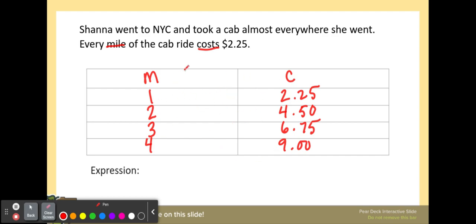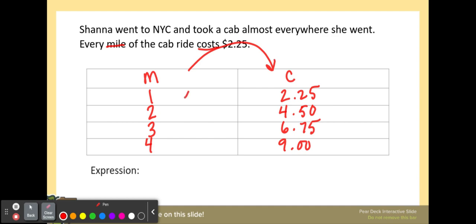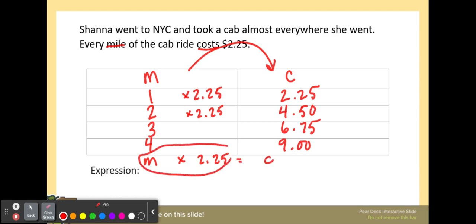Now I'm figuring out how I'm getting from miles to cost. I could be multiplying by $2.25, and that's going to work for all of them. So I'm doing miles times $2.25 is going to equal the cost. So this here is my expression. So really today what we did was we worked on our tables again, converting them to an expression, because in the past lesson we talked about how to input a letter or number